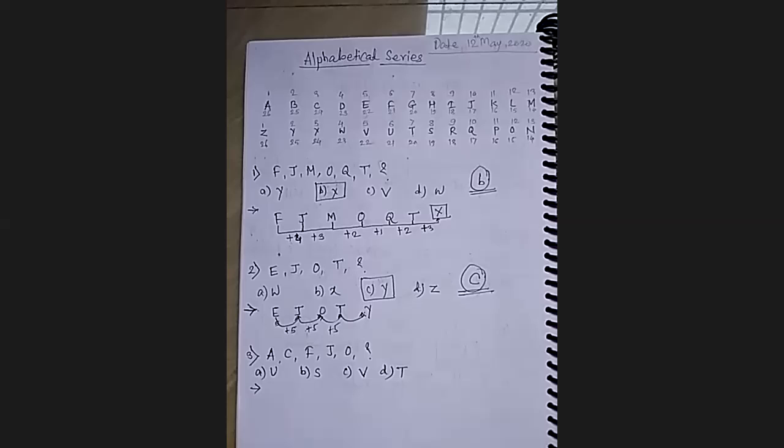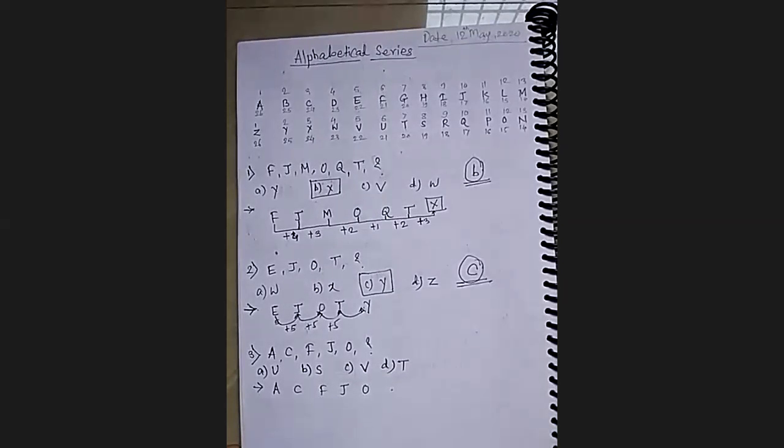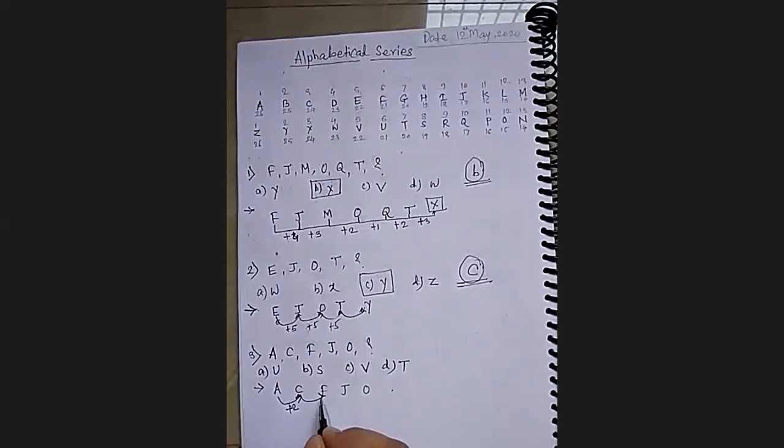Yes, most of you are writing it is U, that is correct. Right. Still, those who are trying to understand the logic, for them, just go through the logic. So what is the relationship between A and C? If you add 2 to A, you will get C, right? So that is the third letter. Fine. Then further, if you see the relationship between C and F, there you have added 3.